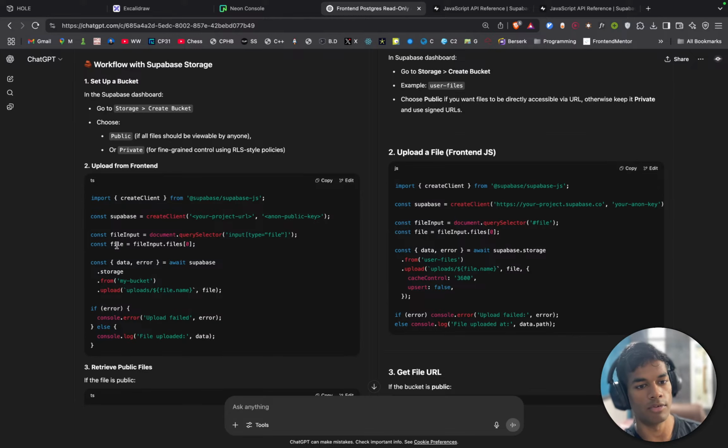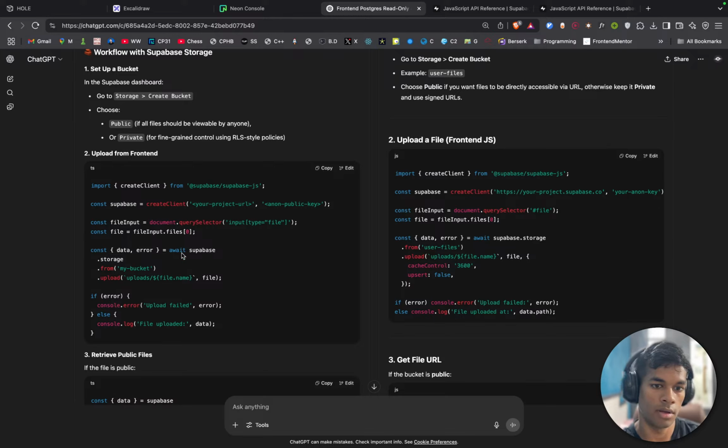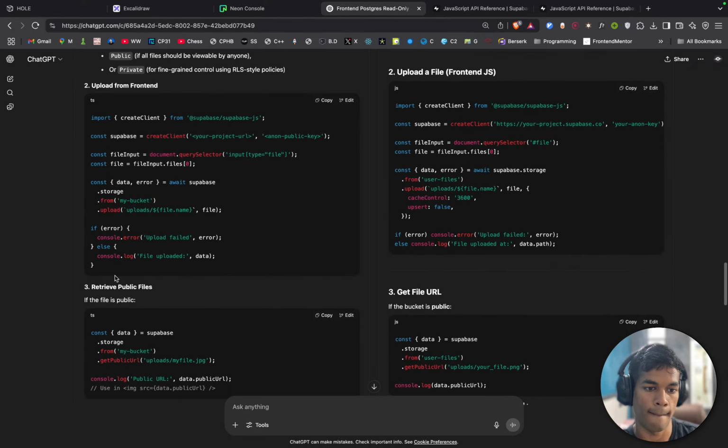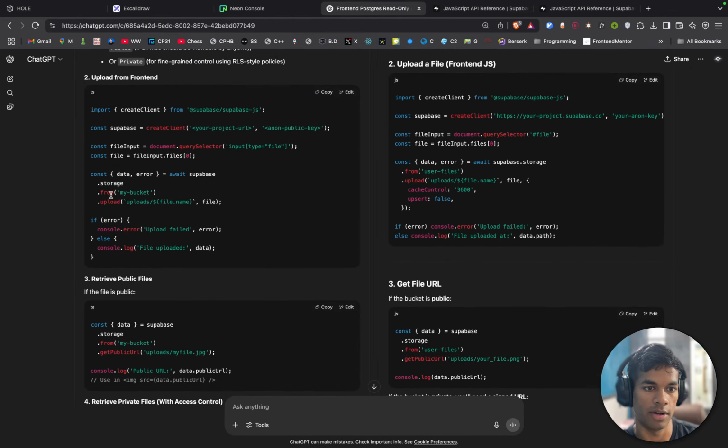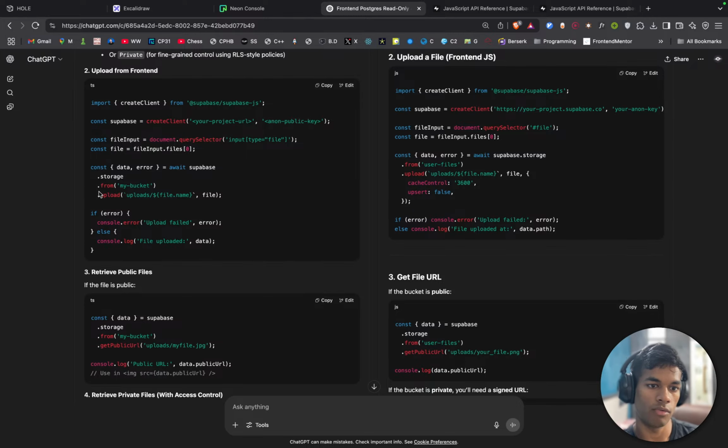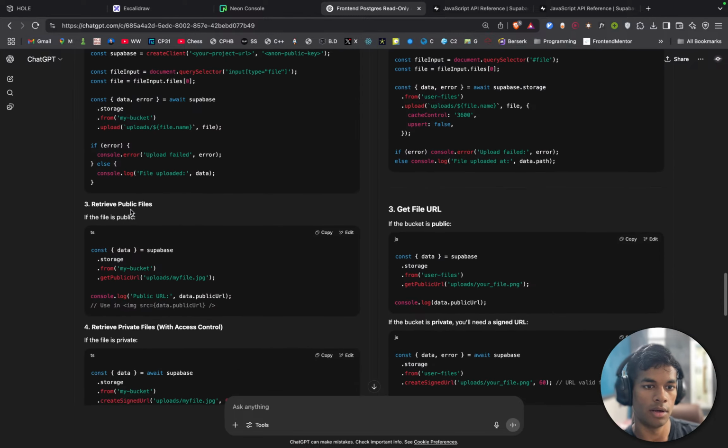Get the file equals file input files 0. Await supabase dot storage dot from my bucket upload, this retrieving public files. So bucket is the thing, right? My bucket upload file, this is to upload a file, and then to retrieve a file from my bucket do this. Okay, supabase client.